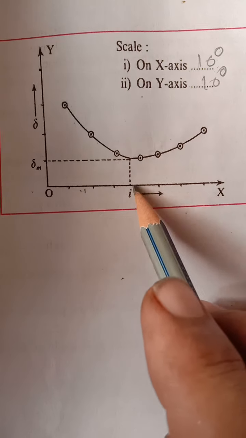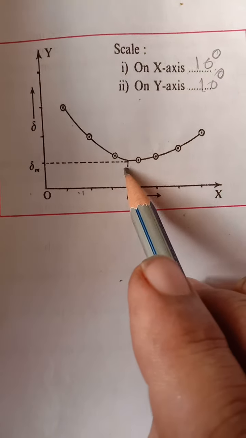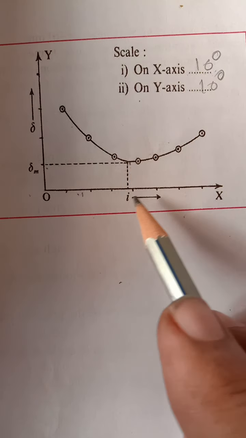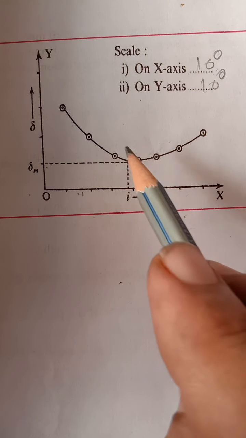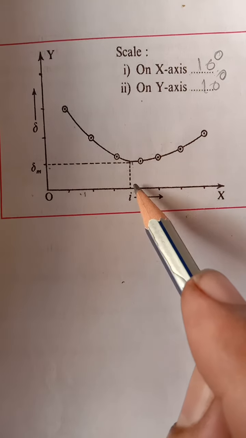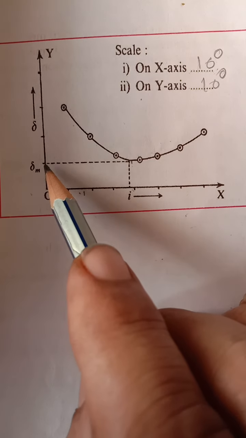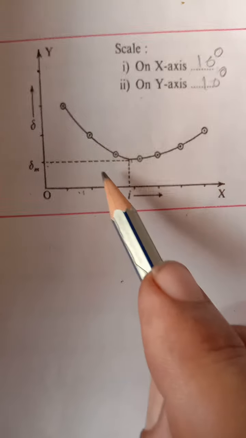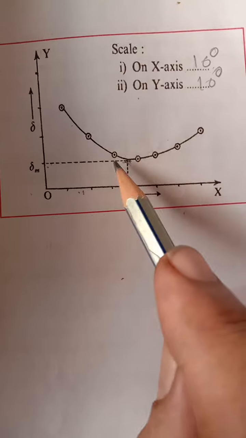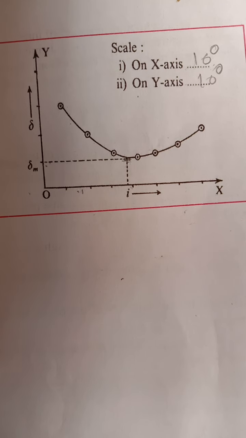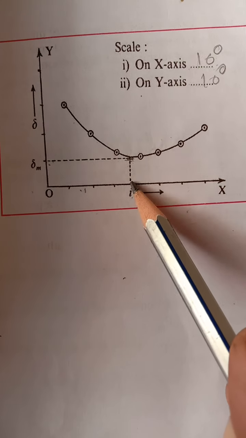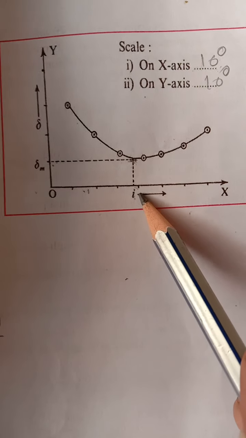Then for a particular angle of incidence, the angle of deviation becomes minimum, which is called delta m, that is the angle of minimum deviation. After that, if we increase the angle of incidence, then again there will be an increase in the angle of deviation. So for only one angle of incidence I, we will get delta m. This minimum value from the graph will represent the value of delta m. When delta is equal to delta m, the angle of incidence and angle of emergence are both the same, that is I is equal to E.